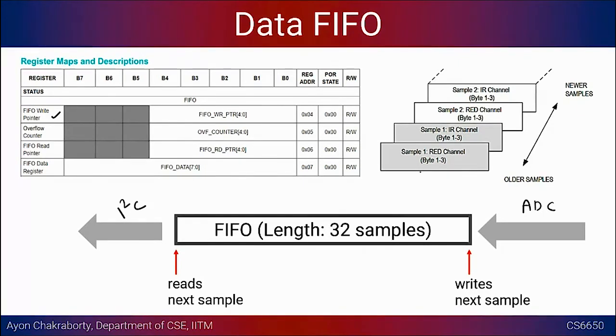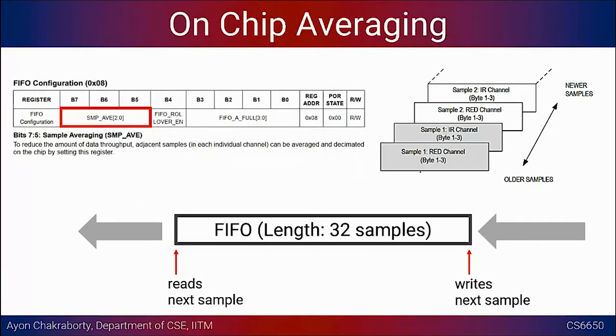Okay, so there is one more feature, which is on-chip averaging, right? For many sensors, not only this sensor, there is a facility for doing a runtime average over a moving window, and we often ignore this feature. We read the data and then do the entire thing in software once again, whereas it will be many times faster to do it in hardware. And we are often not aware of all these things.